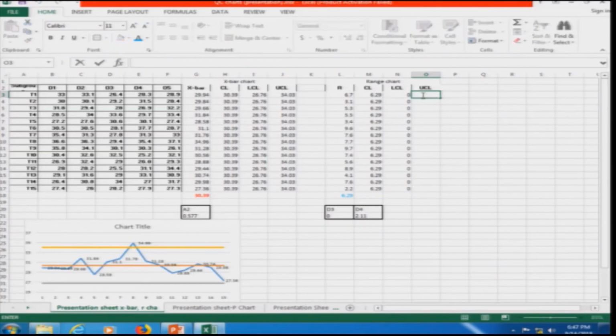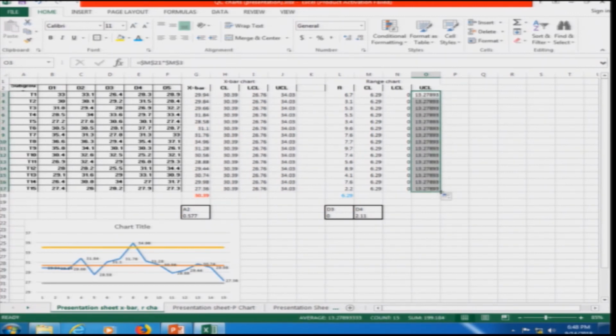The upper control limit is equal to D4, D4 is this value multiplied by the R bar value. Okay. So, I will put the dollar signs here as well. So, I have locked all the rows and columns, enter. So, we have got lower control limit, upper control limit and the values of this center line. So, let me try to plot this. Insert